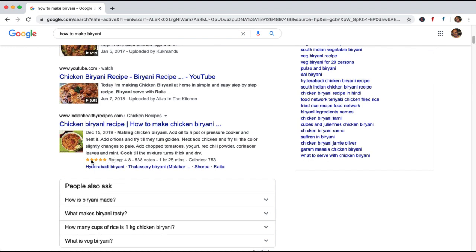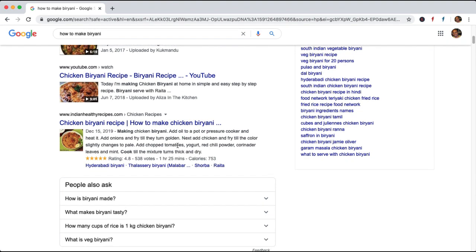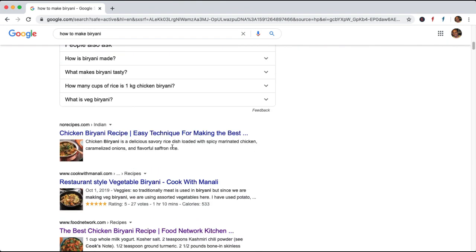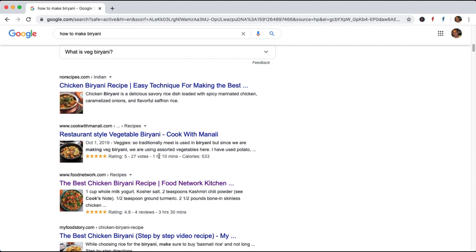So here also you can see there are the ratings, the time required, the calories, what are the ingredients required to prepare biryani. So this is how you can mark for recipes.